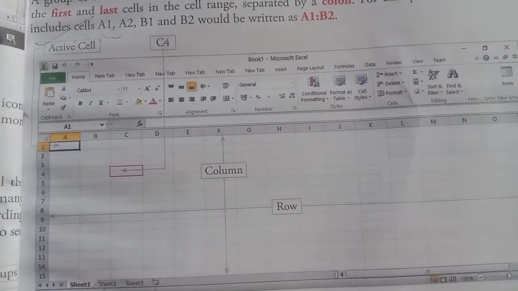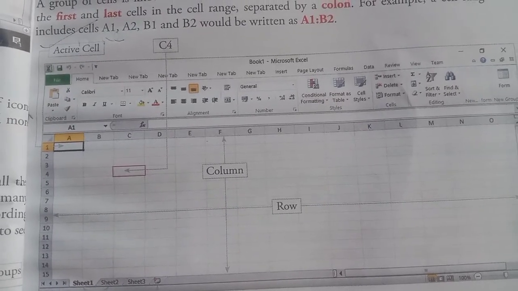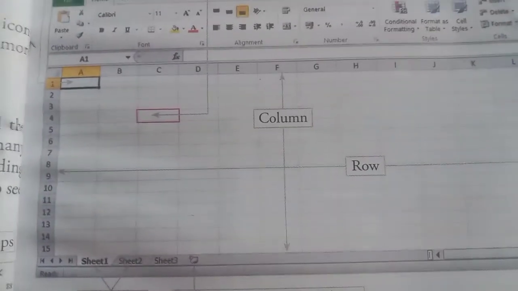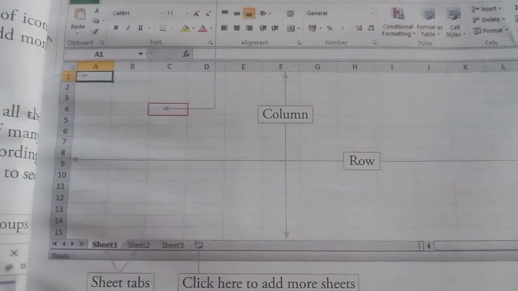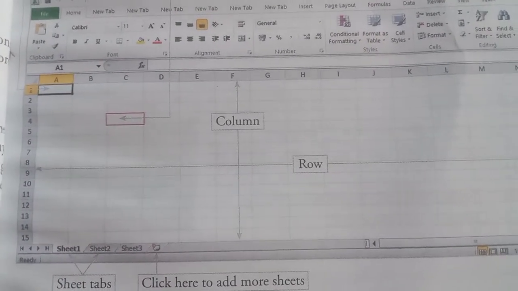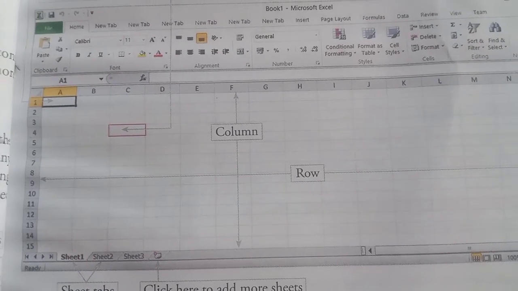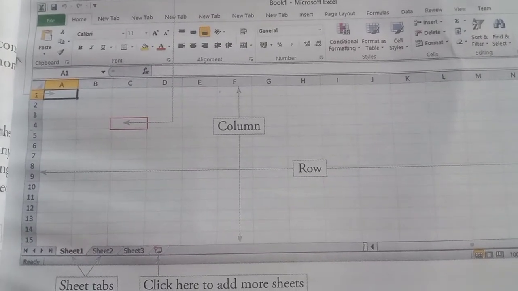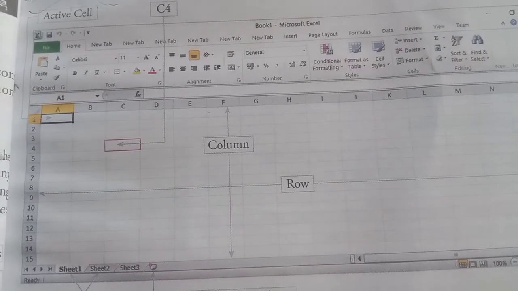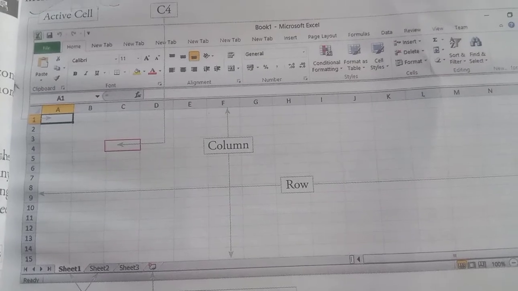How are you going to change the name of the sheets? There are two ways to change the name of the sheets. You're looking at your screen, Sheet1, Sheet2 and Sheet3. The first way: go to Sheet1 and double click on Sheet1. Automatically, the Sheet1 name is selected.